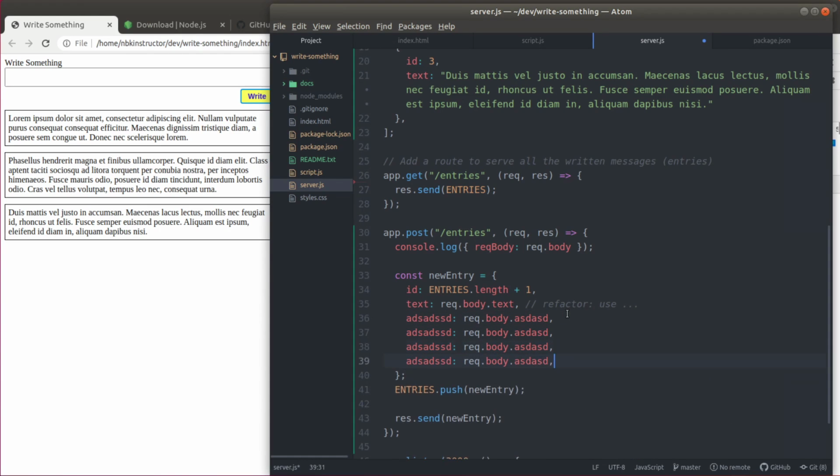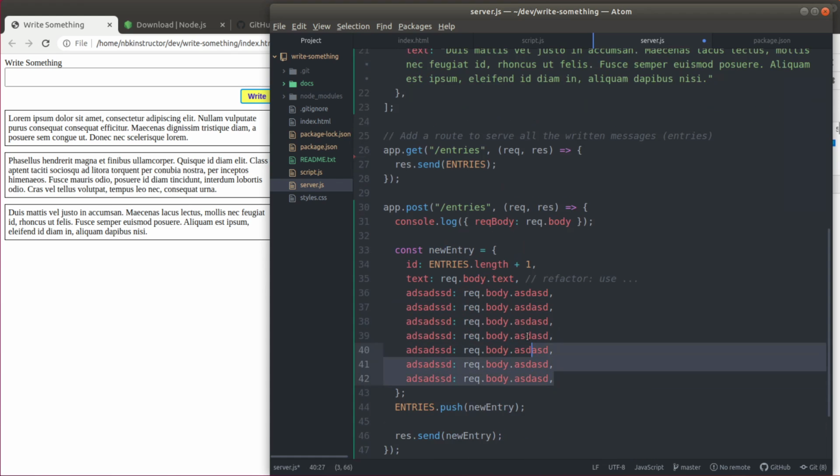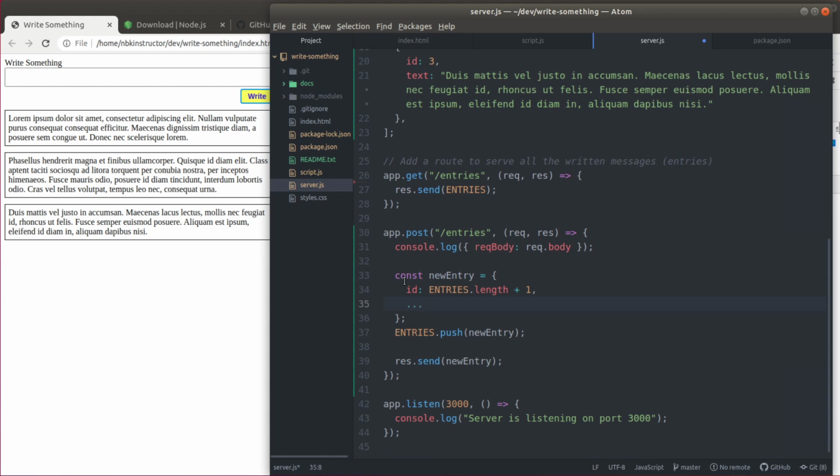But that would be tedious. One other way you can do that is like this. You can say ...req.body. What this does is it copies all the properties from the object req.body and adds them into this